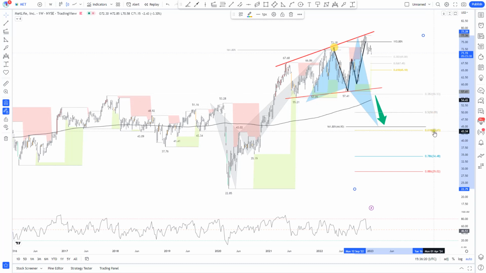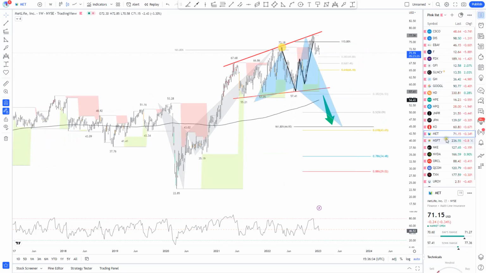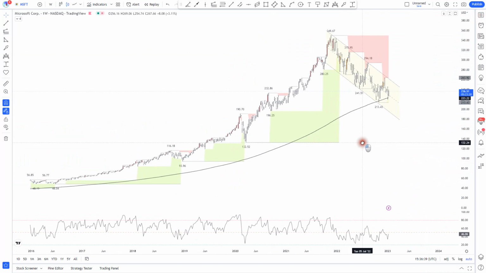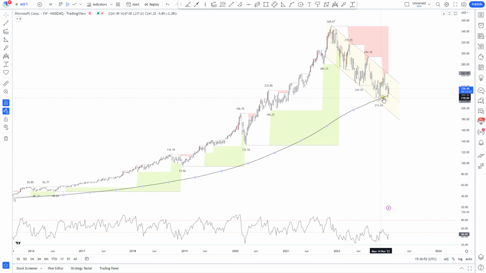We are talking about 3 different levels the market should break with a clear violation of these lows. That being said, I will pay attention to this eventual shark pattern projected below. Microsoft, nice channel support, nothing very specific. We have a nice descending channel. We have nice support with the 200 moving average.